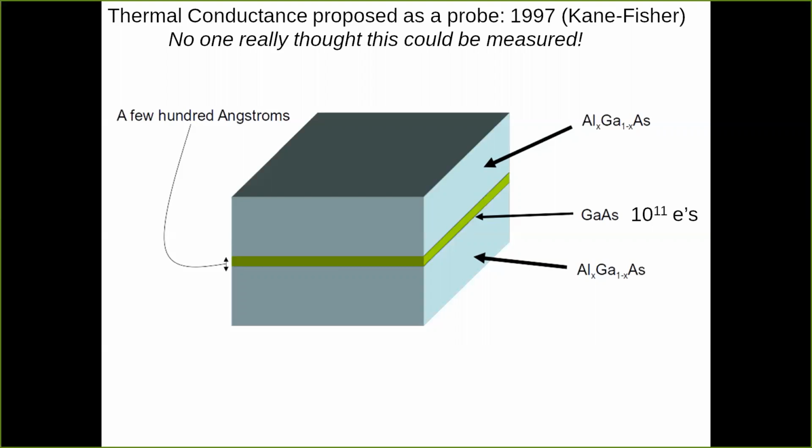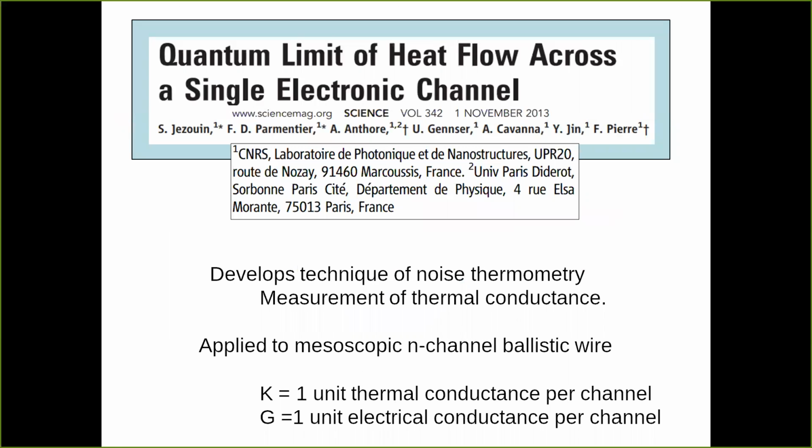This just seemed impossible to do. But 20 years of innovation later, people figured out how you could do this. And the breakthrough actually came from this experiment by a French group, and they were not actually studying quantum Hall samples. They were studying one-dimensional quantum wires, where you expect to get 1 unit of electrical conductance per channel in the ballistic wire, and 1 unit of thermal conductance per channel in the